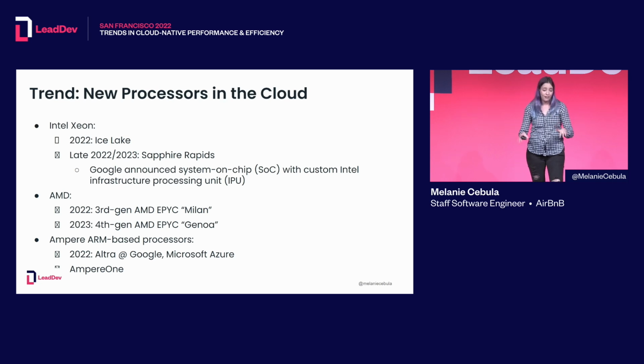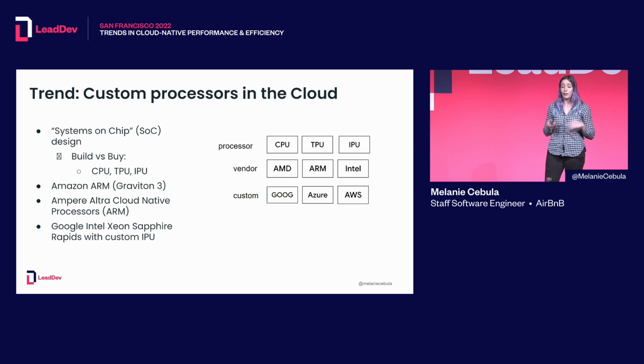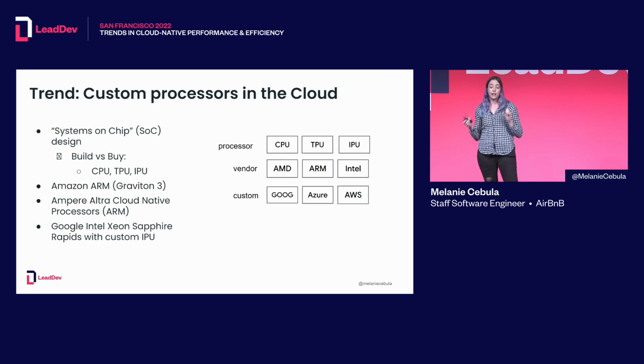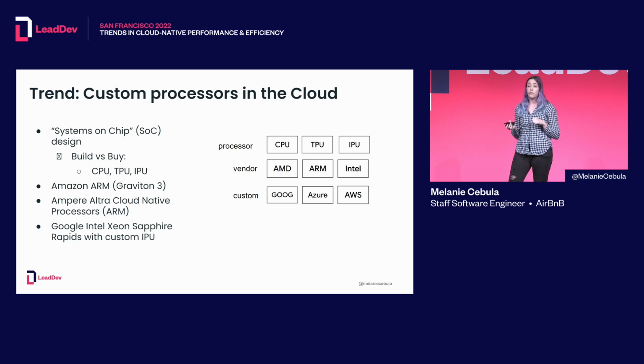So this is the very low-level part, and now I'm going to bring it up a level for what that actually means. So all of these processors highlight several very interesting trends. The first trend is customization in the cloud. So we're seeing the golden age of the custom cloud processor. All of these cloud providers are heavily investing in their systems on chip or SoC design, and so for each